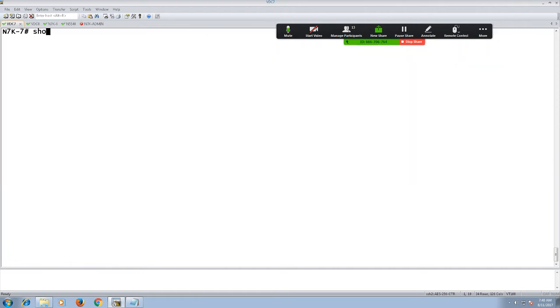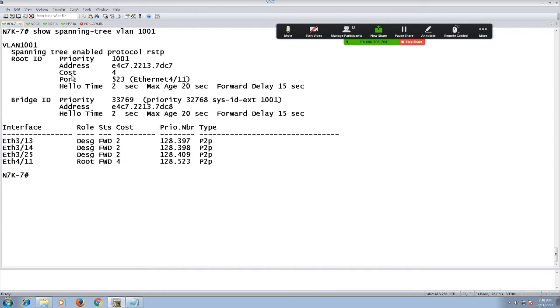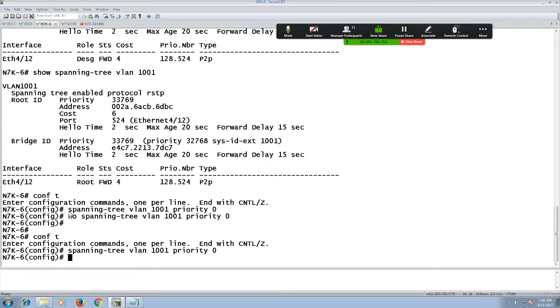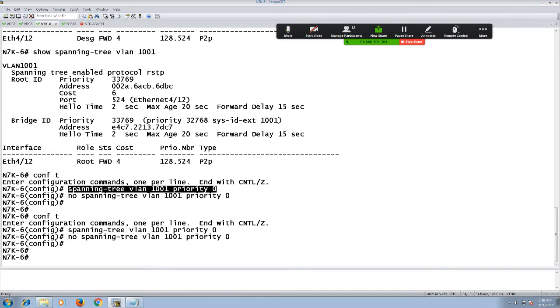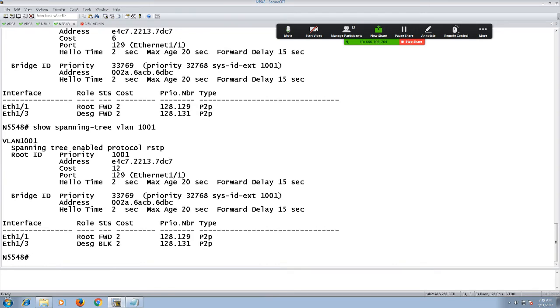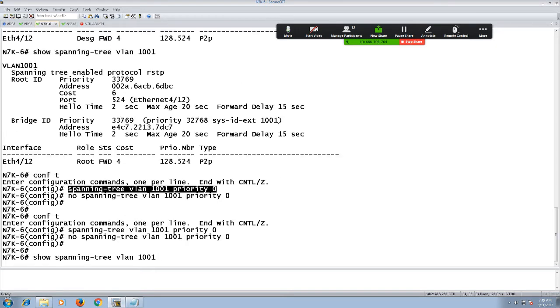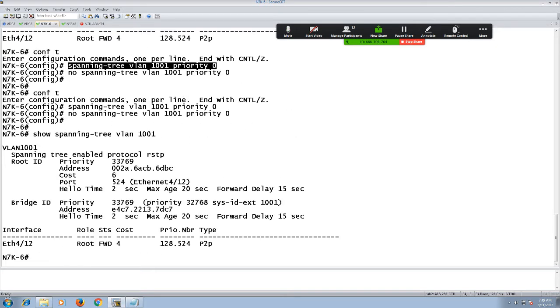If I see show spanning-tree for VLAN number 1001, the root is coming from 4/7. I guess the root has become VDC number 6. So let me just remove it so that we can follow the previous topology. So now if I go back again, VLAN 1001. If I go back again to VDC number 6, I'm not the root.